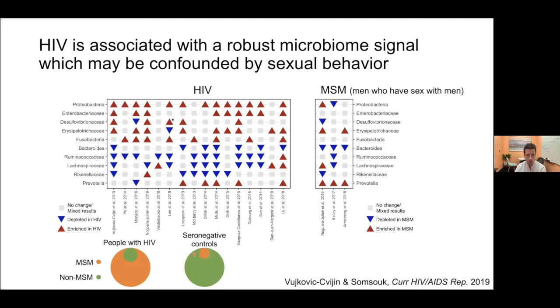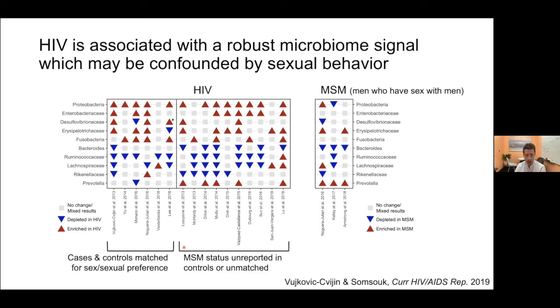So if we were to randomly select seronegative controls matched for BMI, age and sex, but not necessarily matched for sexual behavior, they would likely be mismatched for sexual behavior, because among seronegative controls, of course, the majority of individuals are non-MSM. That's a problem if the MSM microbiota itself is unique from that of non-MSM, because when we compare people with HIV to seronegative controls, perhaps we were really obtaining the signal associated with sexual behavior